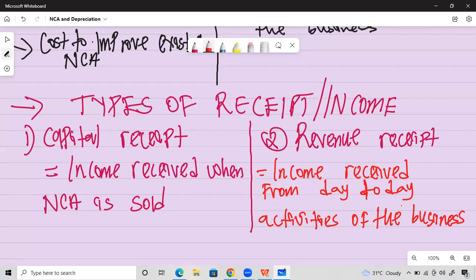So when we say capital receipts, when we say revenue receipts,